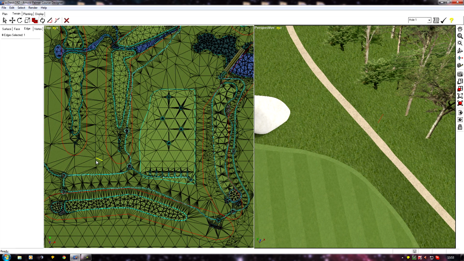Texture names is another easily fixed problem, but a lot of people forget. They add custom textures and instead of being called rough or fringe, they'll be called all sorts of strange names. I don't think this course has them. Oh yes, it does. It's got a sand texture called Sand J. Now if we land in that bunker and the texture is called Sand J, it will say we're lying in Sand J. Well, that will look very silly, so we need to